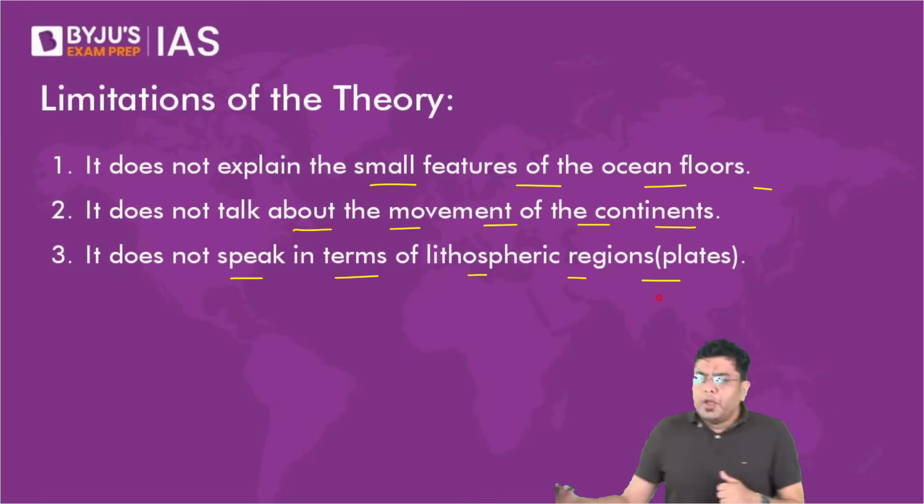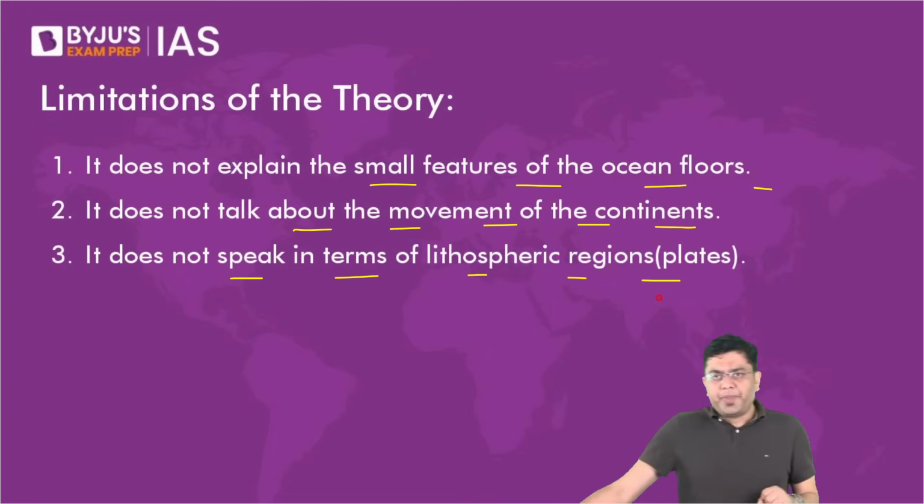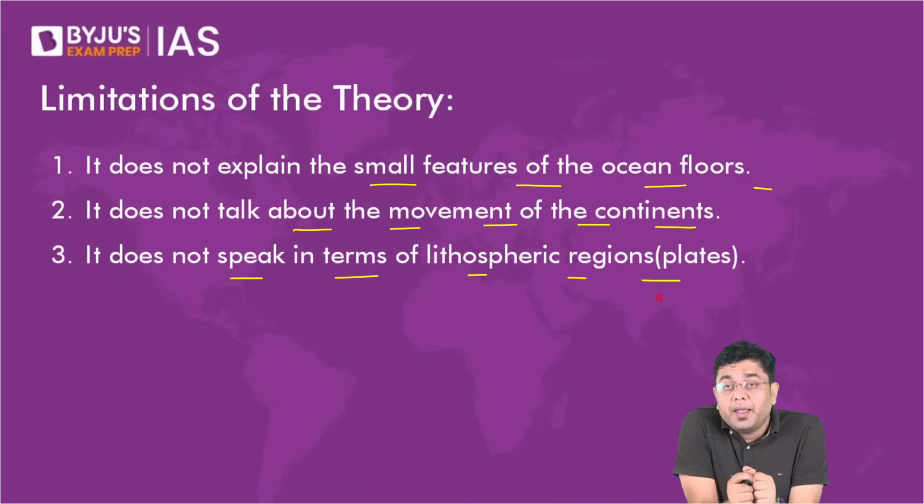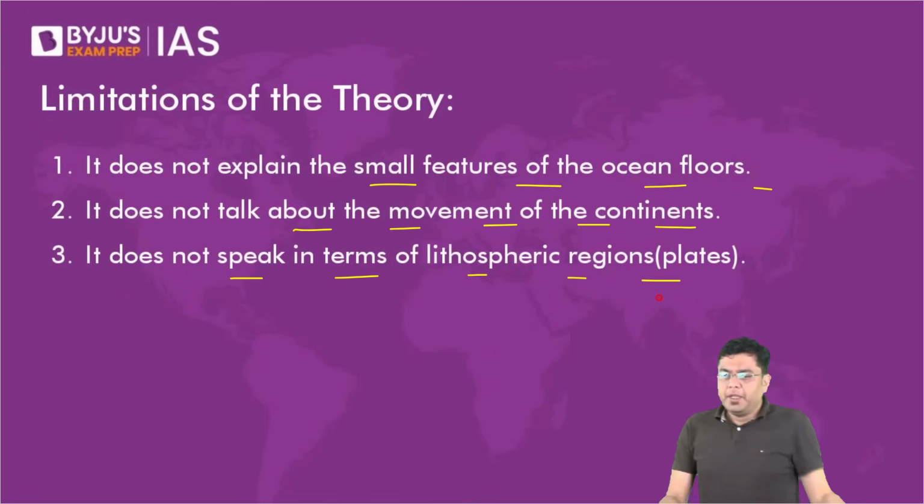But then, while carrying out this study, he also used another methodology to study the age of the rocks. One methodology to study the age of the rocks, all of you have said, is carbon dating. Another methodology to study the age of the rocks is what is referred to as paleomagnetism. We have studied about the paleontological evidence just now. This is paleomagnetism.